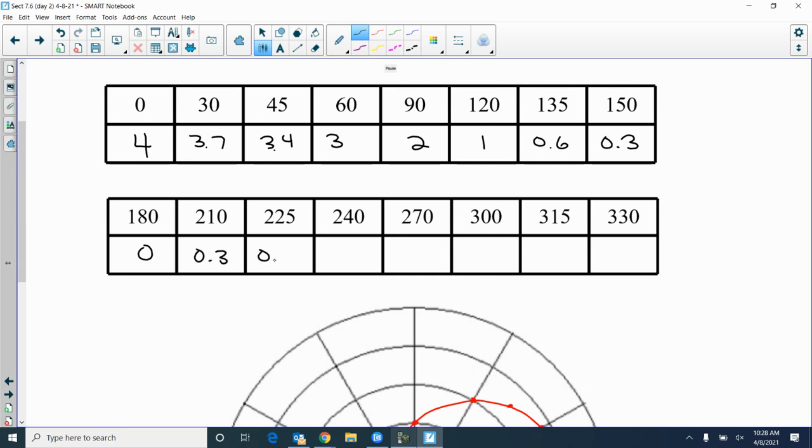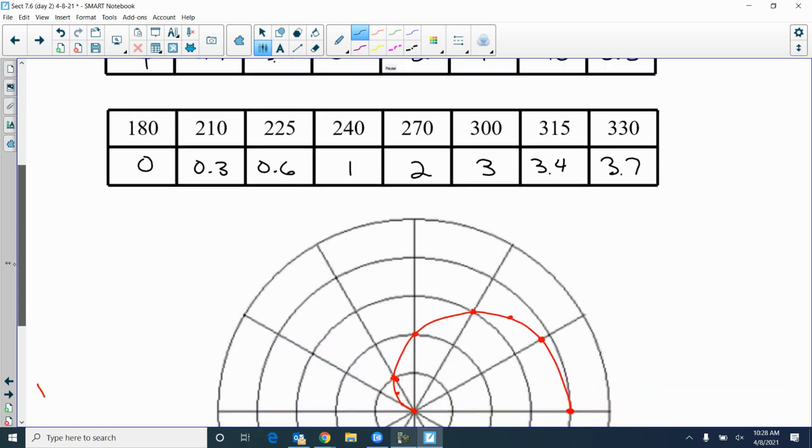0.3, 0.6, 1, 2, 3, 3.4, 3.7. Okay, now I don't have 360 on here, but 360 has to be the same as 0. So think about where 360 is. All right, so let's plot those. 0.3